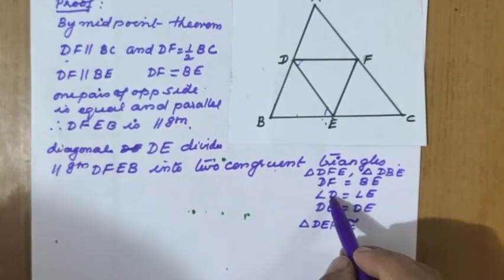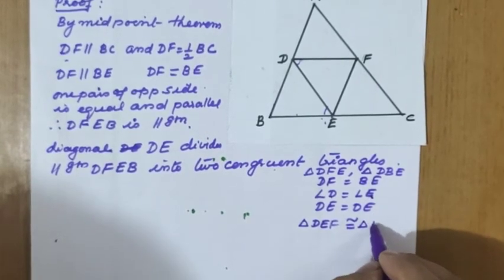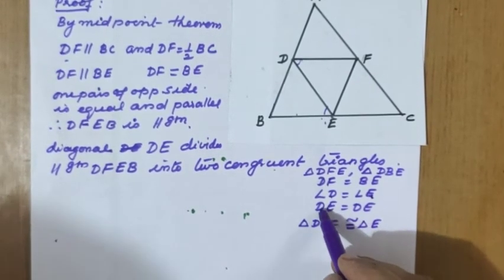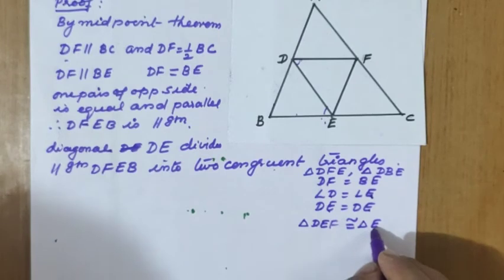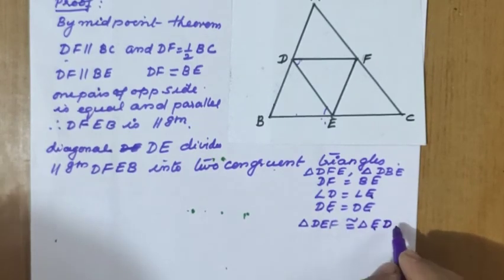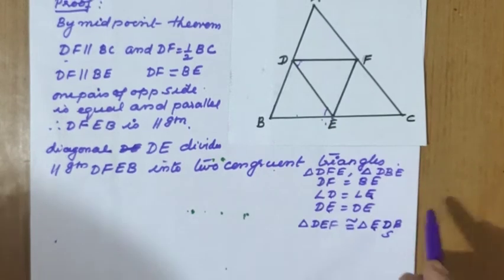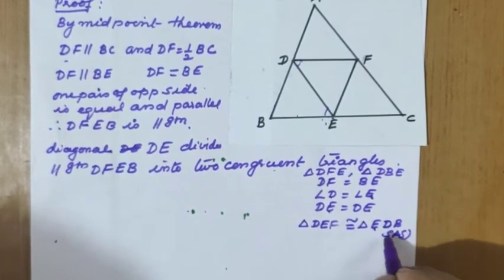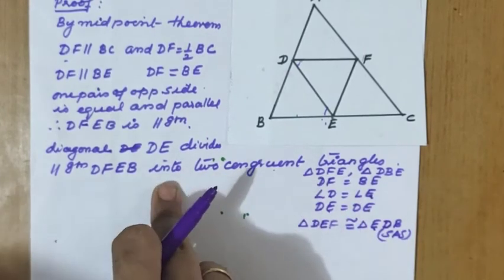Which is the order? So tell me. D is having correspondence with E, so I'll write here E. Next for E it is D, so we have written D for E. Okay, now for F we have written B: triangle EDB. SAS criteria, which is the criteria there? Side and included angle. SAS criteria. Now ASA also you can use here. Now again statement is enough for us.